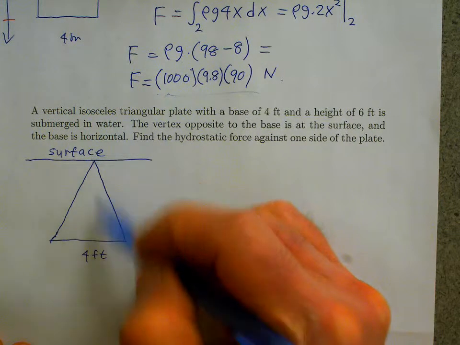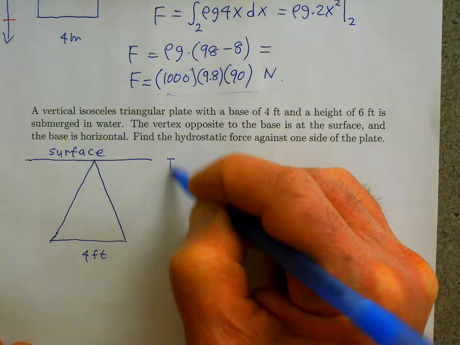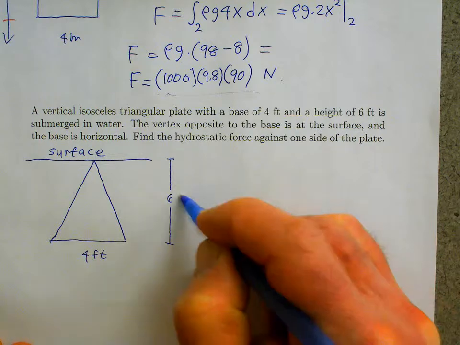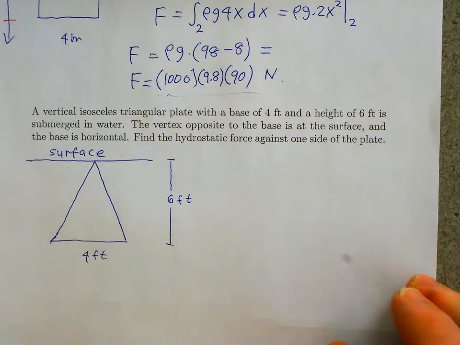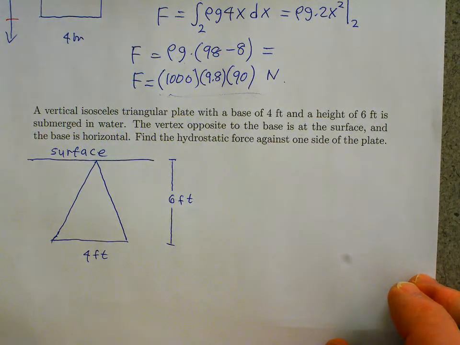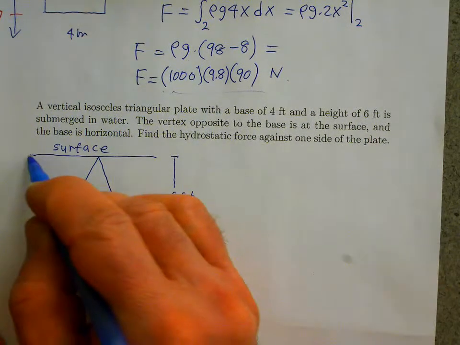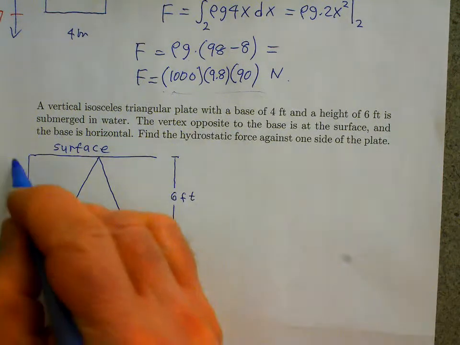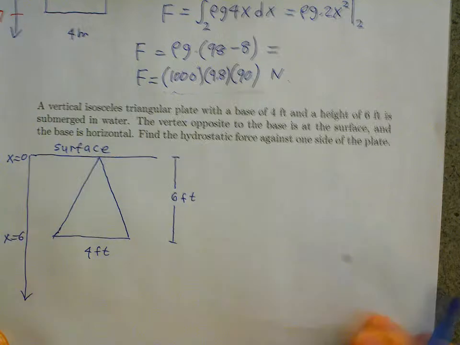The height of the triangle is 6 feet. So the vertical distance, 6 feet. Okay, so from x equals 0 to x equals 6,